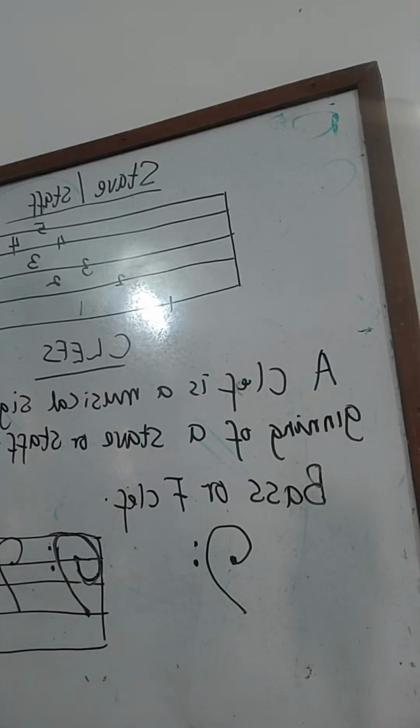So the bass clef, I'm already used to calling it bass, I don't know why. The bass clef is used for male voices or instruments that depict male sounds, deep sounds like tenor trumpets,